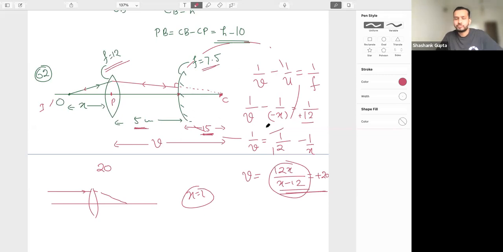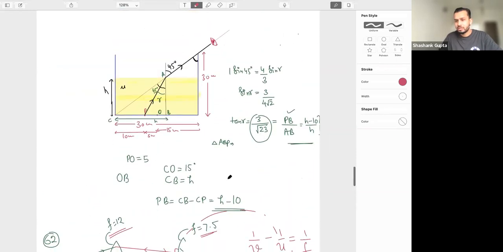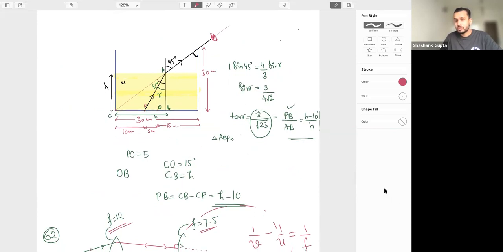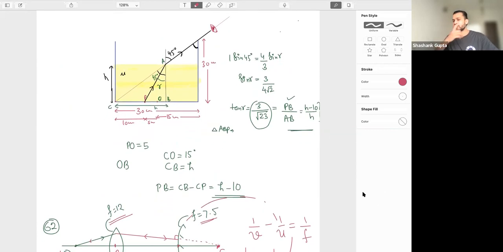Understood? Okay. Any doubt in this now? Quickly. Getting the idea? Is it clear? The doubt which someone had, is that also clear now? Did someone have this doubt in between? Sign of the focus is the only doubt. Now is it clear, right? You people ask so many things.